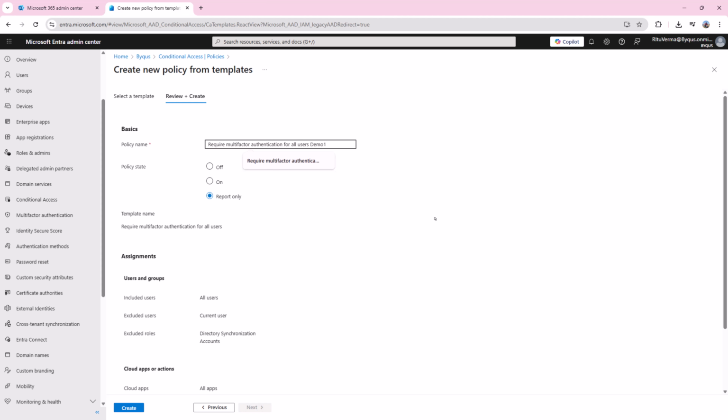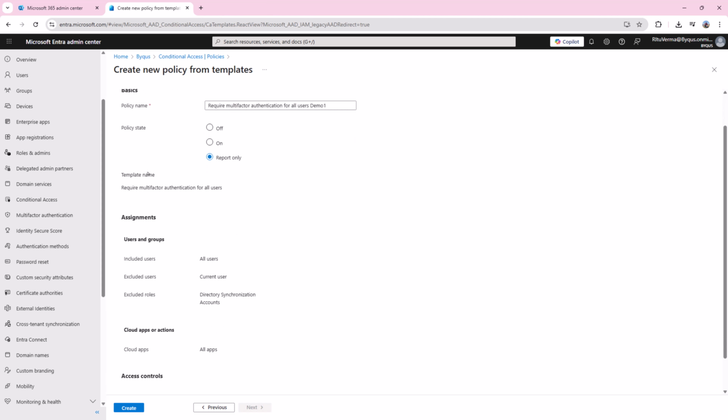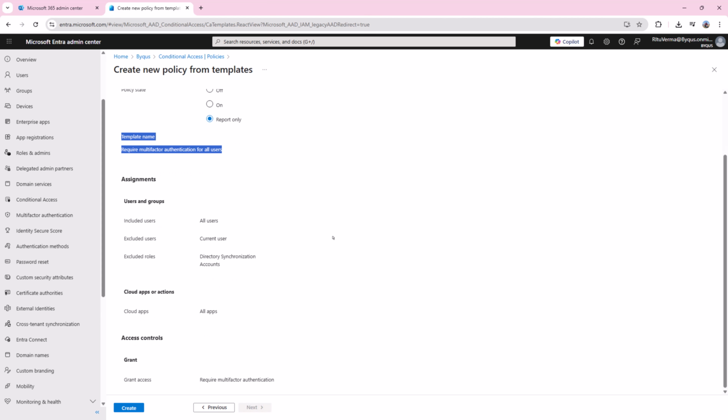And for now, when you create a conditional access policy, there are three options: off, on, and report only. If you turn it on right away, it will be in effect, but we first need to test this conditional access. We'll keep it report only.